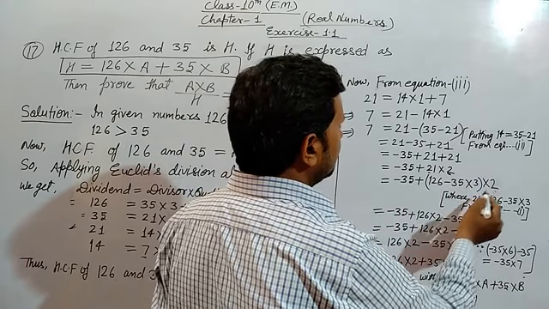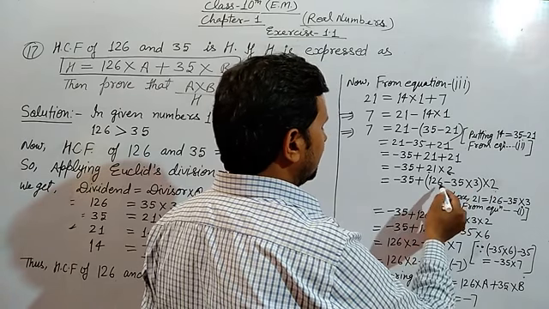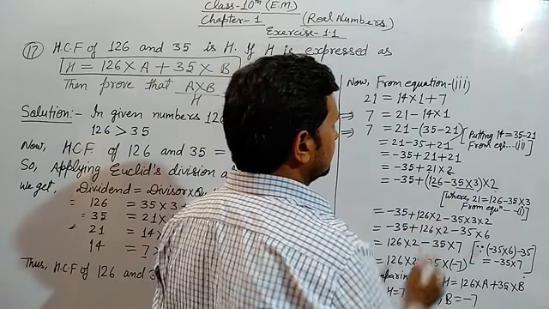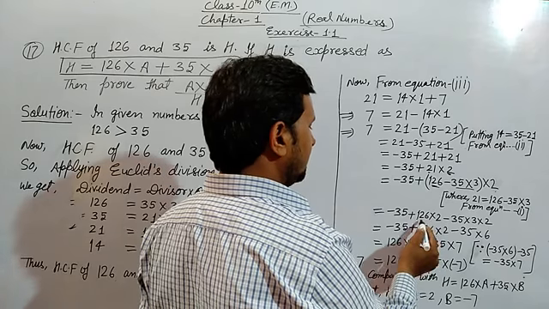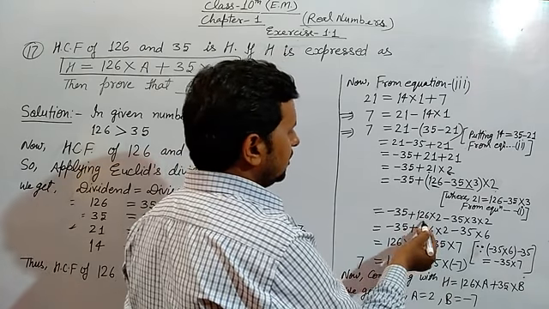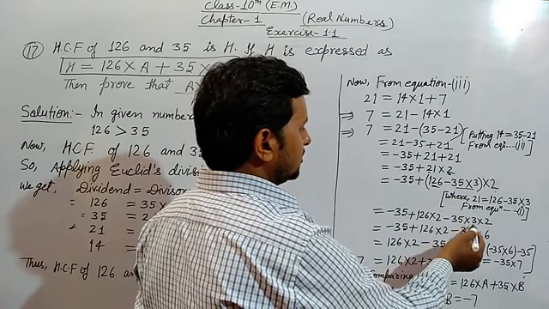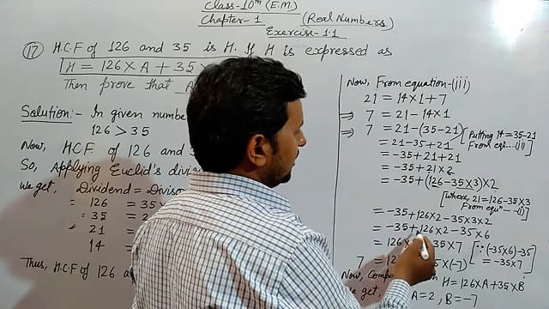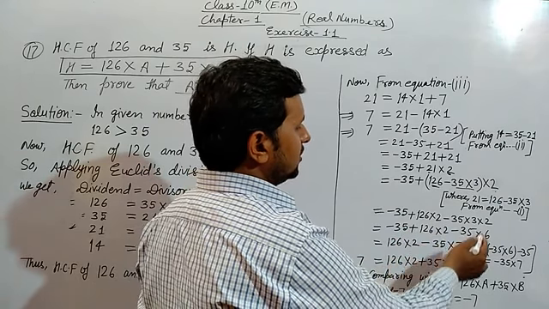This 2 shows that it will be multiplied in both terms. Here are two terms, 126 and this term. 2 is multiplied by 126, and in the term 126 into 2 minus 35 into 3, 2 is multiplied with 3. Now we can solve: minus 35 plus 126 into 2 minus 35 into 6. Okay, 2 times 3 is 6.